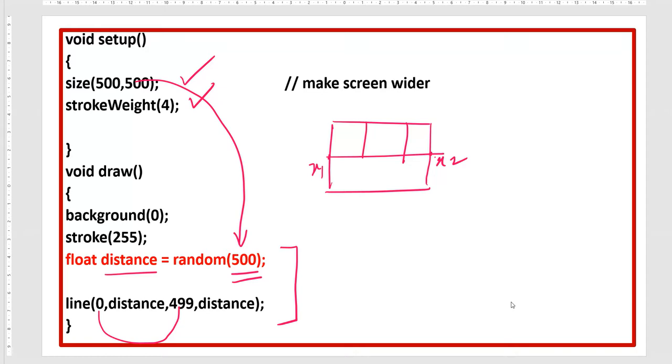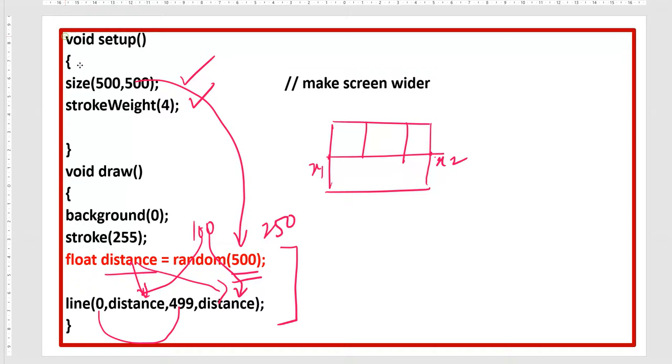When the system generates a random number from this variable, suppose it generates 100. In the line function, the distance parameter will take this 100 here and the same here. If the system generates 250, the line function will pick this 250 from here and the same for y2.